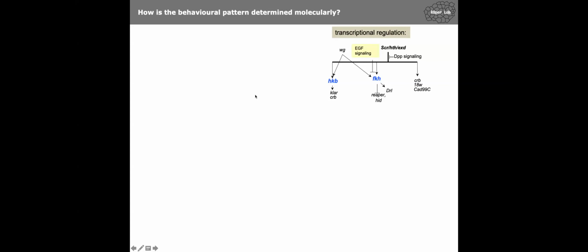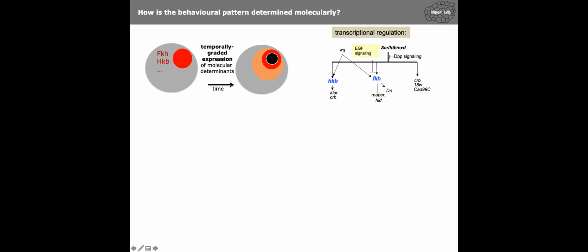neighbor connectivity. So what we were thinking is, and we knew actually from old in situ hybridization studies, that the RNA for these factors is first found where the invagination pit will form, and then seems to over time slightly spread out across the placoid. And there's some other factors that were described to first be initiated near the forming invagination point and then spread out. So what we imagined was that this temporally graded expression of these determining transcription factors that might switch on